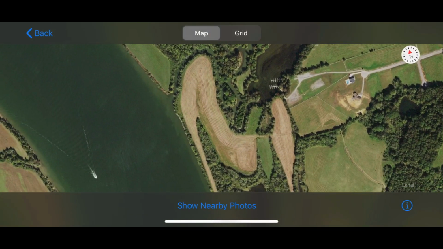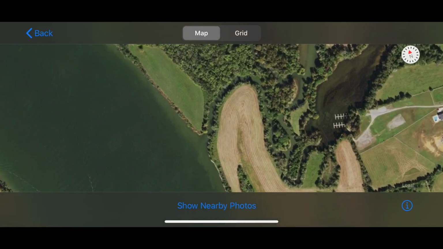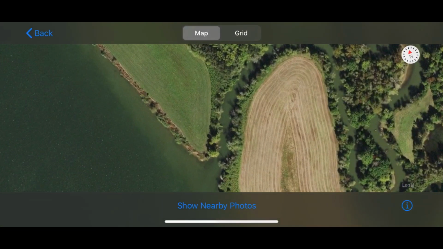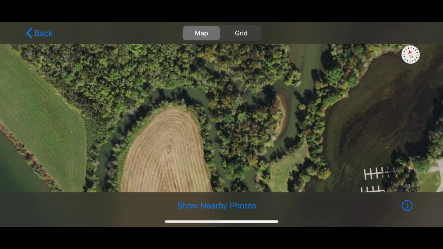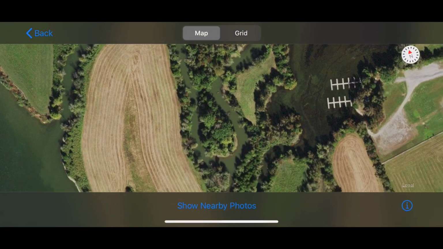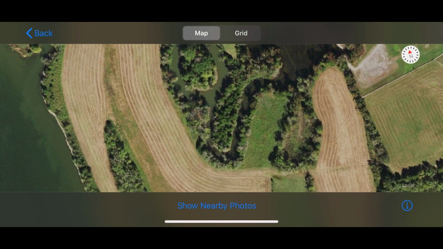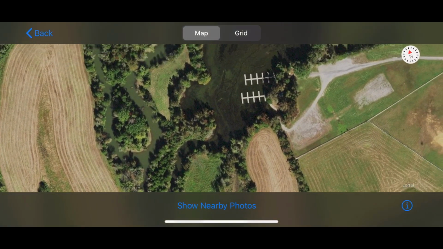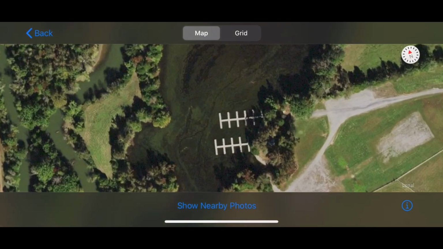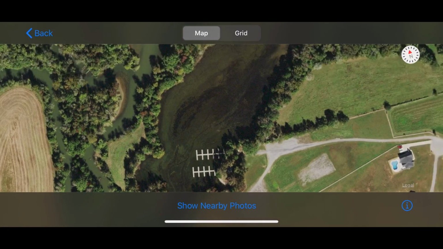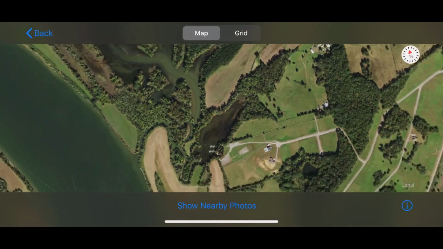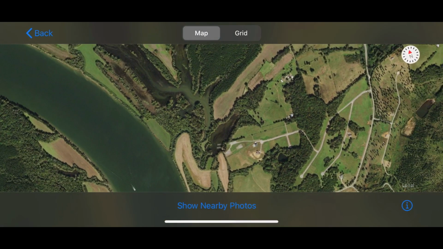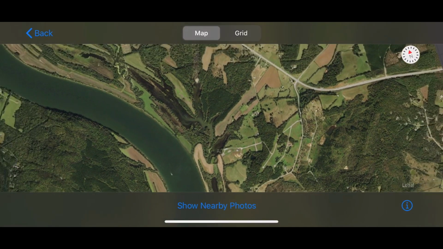I could maybe find some places that I didn't even know existed before. As you can see, here's a little creek that comes in, snakes through here. Who knows what could be in places like this? Obviously, it snakes around. You got this little area, and you got some docks, and you got some grass. So this thing is a useful tool to help find places that you and I may have never known